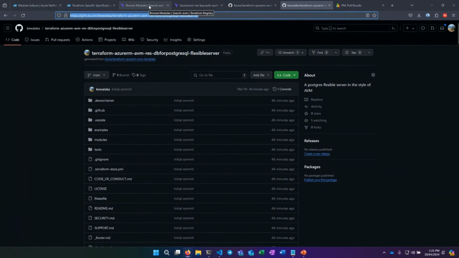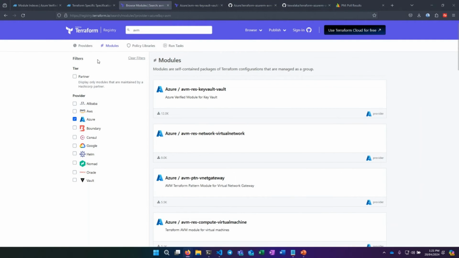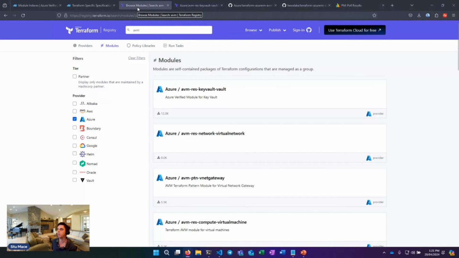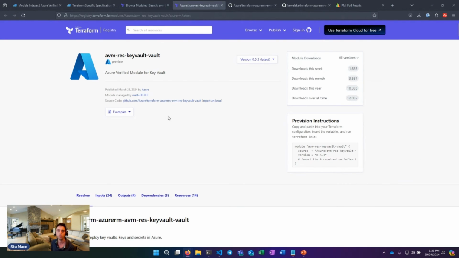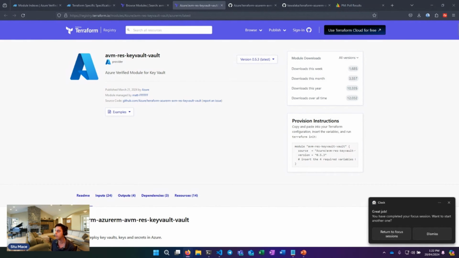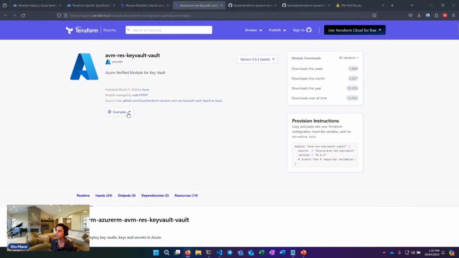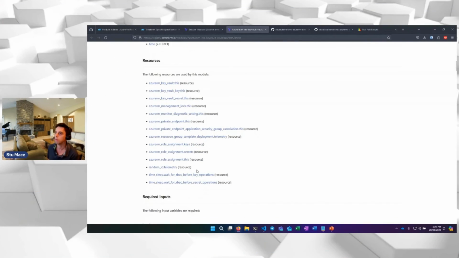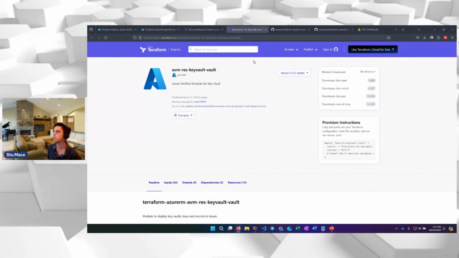Yeah, actually, I will stop and just change tack slightly on some of these things. If you want to consume modules, for Terraform they're published to the Terraform public registry, and you can find them by searching for AVM and the Azure organization. If we go into one particular one, let's look at Key Vault, which is the one written by Matt White. There are a number of examples available, which you can see here, and again, comprehensive documentation. That's a good way to find the resources.